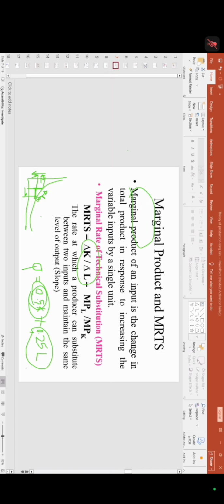So if you obtain 0.5 for this answer, it explains that if you are changing 1 unit of labor, that will be